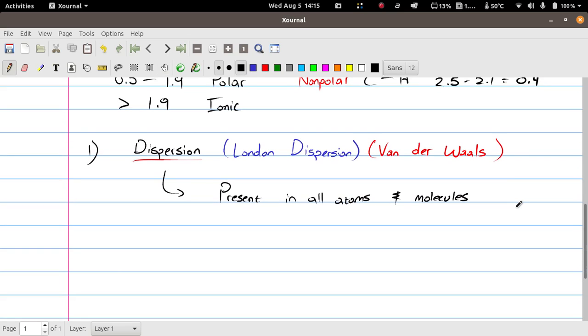So essentially what's happening, I'm going to use a really simplistic example. Here's our atom, and then here is our other atom. So electrons aren't stationary. So what's happening is, because the negative forces right here,